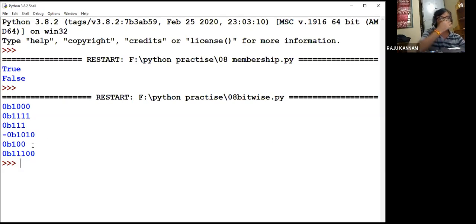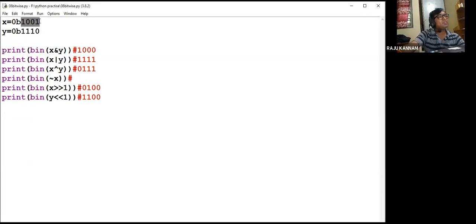Now I will explain this negative number we got. What does the NOT operation do? It reverses things. Positive numbers are converted to negative, and negative numbers to positive. If it is binary, 0 goes to 1 and 1 goes to 0. So this minus 1010 is the reverse of this 1001. How do you get it? If you do the ones complement, actually the ones complement.